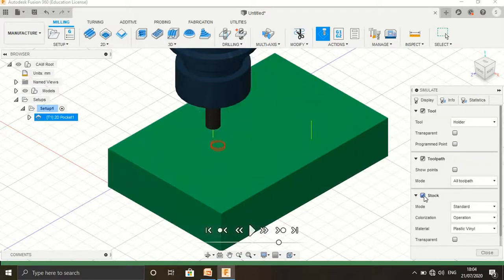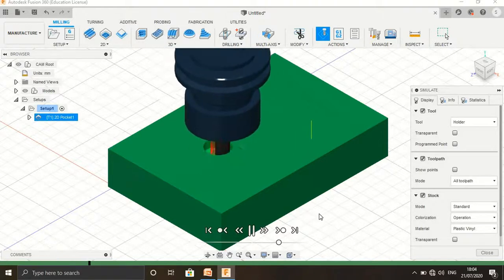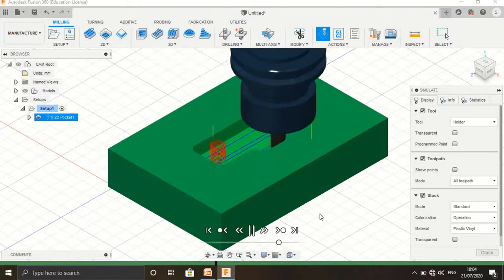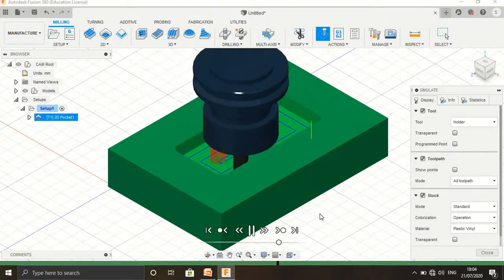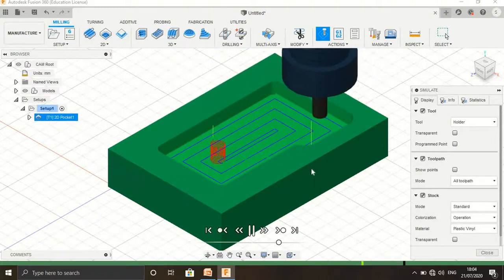Then select the stock, and after that on the simulation, play. It starts removing the metal, the unwanted material, and creating the pocket. So in setup one, the 2D pocket is created.